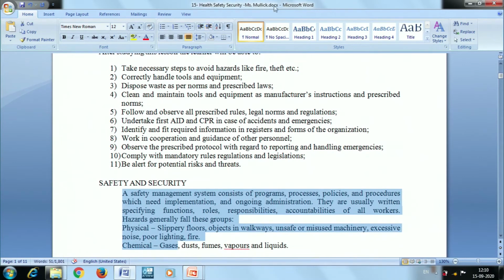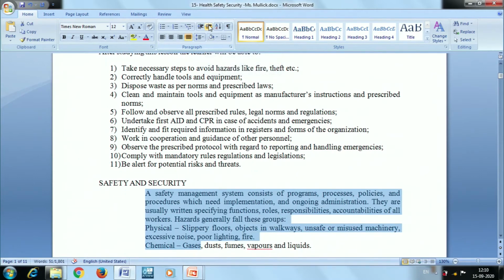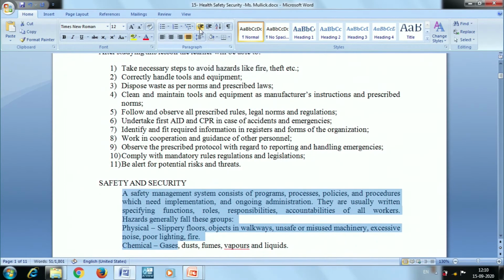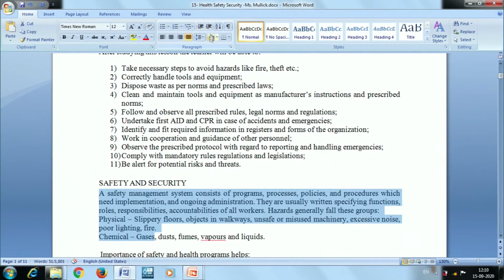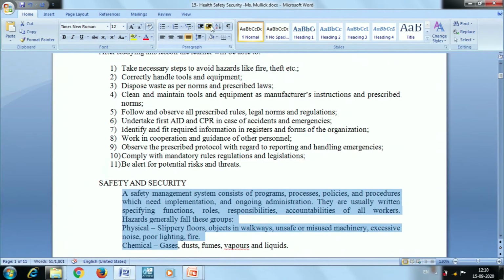See, it has moved. If I want to give more space, I have to click again, so the content has been aligned more. If I want to decrease the indent here, I will press this decrease indent button. The content came back to the normal position. So I am applying one increase indent, so it has been placed after the heading. In your notebook, or when you are writing a project, you will give some heading, then give some space after the heading, then start to write your content as per the margin.